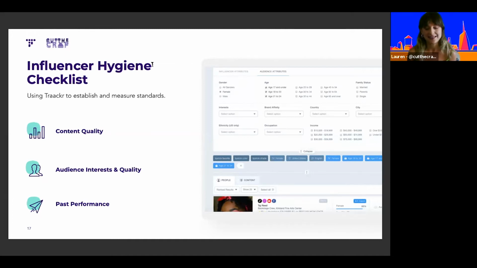Then twofold to this, we cannot undervalue looking into the engagement of the content and the creativity, because in any campaign you can have the best targeting, you can pick the best person for the job, but if the creative is not there, or it's lacking in creativity and also engagement, because you're able to see that it's not necessarily doing as well compared to other things, then you're really going to put yourself in a spot where you've paid all this money for this person, and it's not actually resonating with the audience that you're trying to target, or even theirs for that matter.